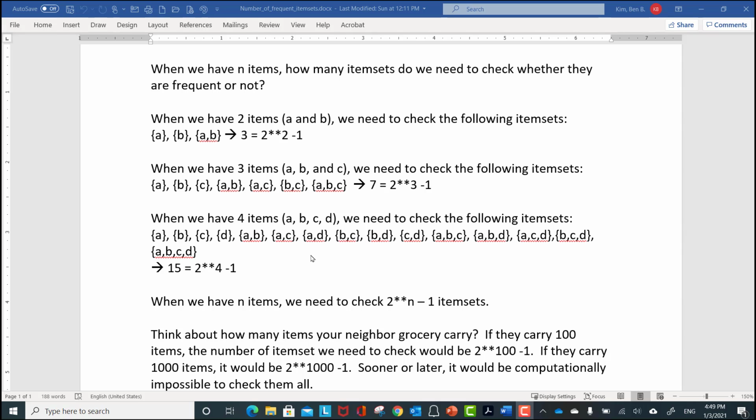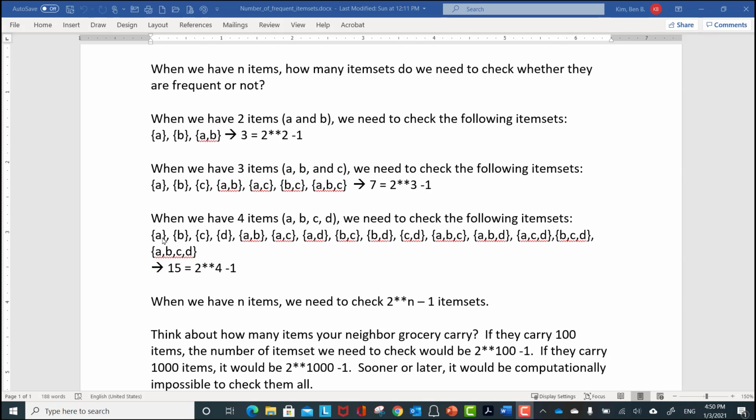So what we need to do is prune this whole number of item sets. For example, if you have 4 items like A, B, C, D, we don't want to count all those supports for all these possible item sets. That's crazy. So what you want to do is use this pruning algorithm. For example, if you found that the item set having only A is infrequent,